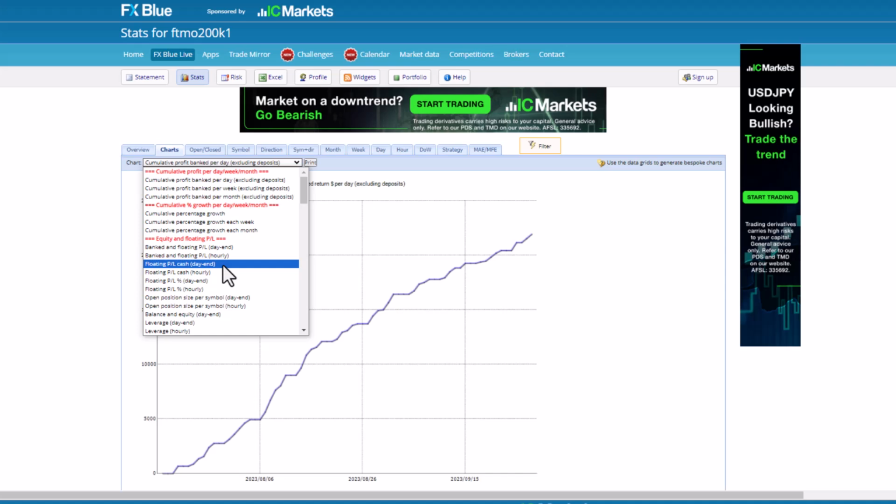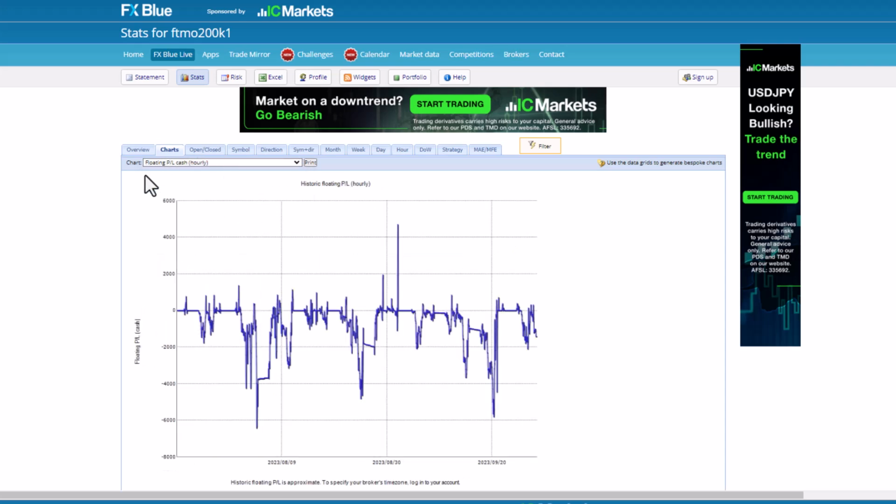So it's pretty accurate to tell you what the drawdowns have been. So I'll click on that, and there we are. We've got the floating profit and loss on an hourly basis, and here are the numbers, and you can see that this account went just over the 6,000 mark at some stage, came to 5,000 there, and very close to the 6,000 mark here. But if you take 5% of